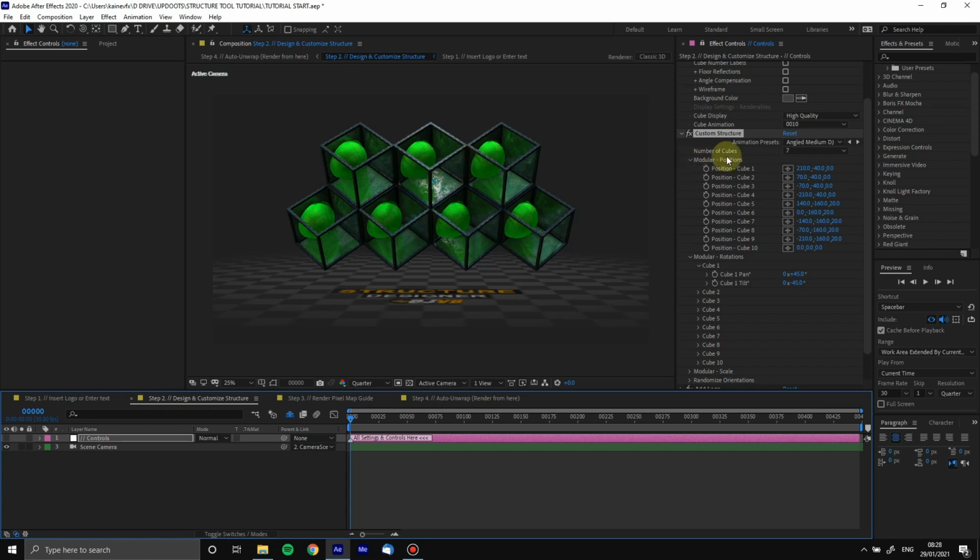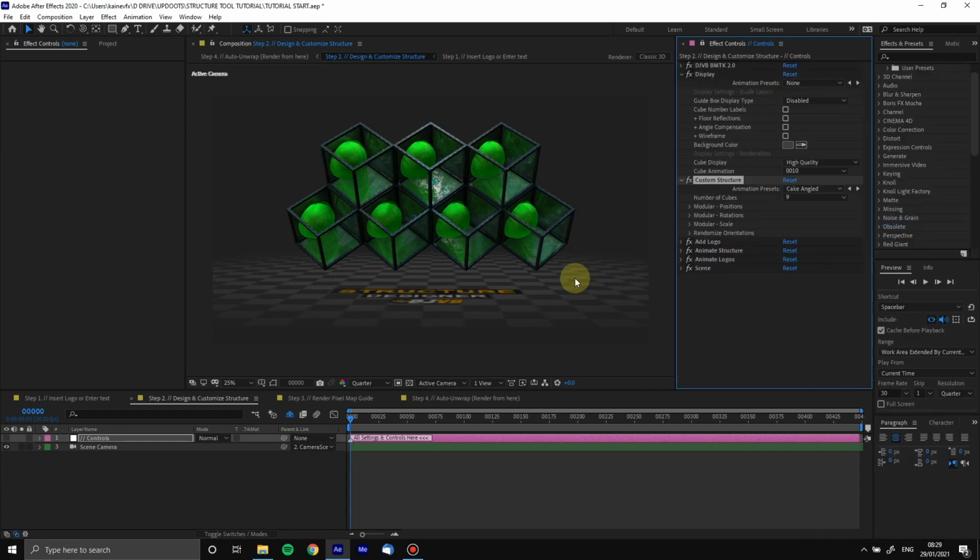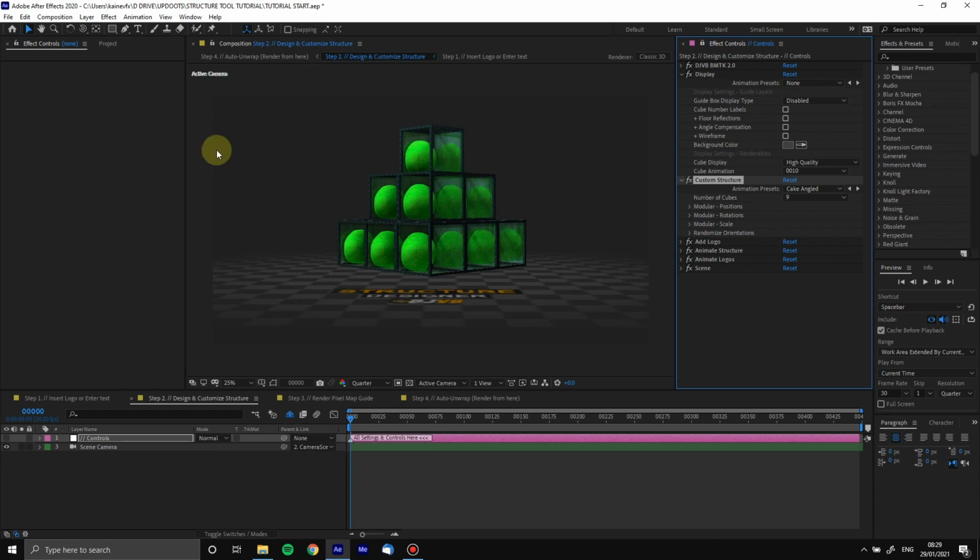So let's have another look at a different preset. I think, what else have we got? We've got grid of 9, we got ring, so there's a angled ring, and there's circles. Let's look at cake angle, because I know you guys love cake mapping. I've seen it at a lot of weddings. There's a lot of projection mapping. You can do that now automatically here. There we go. And if we revolve around said cake,